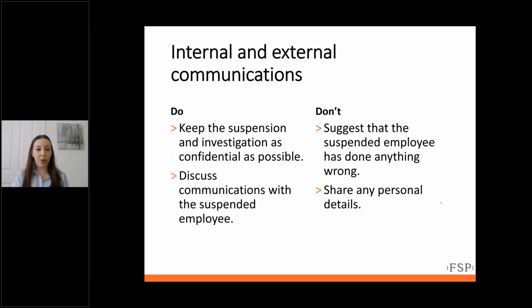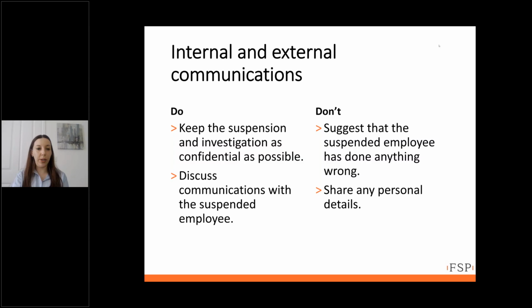Some do's and don'ts for internal and external communications regarding a suspension or an employee's absence during this time. So do keep the suspension and the investigation as confidential as possible. These things don't need to be disclosed to anyone unless this is necessary. Do discuss the communications with the suspended employee. Sometimes employers can quite understandably, as a way of keeping things confidential and vague, just sort of